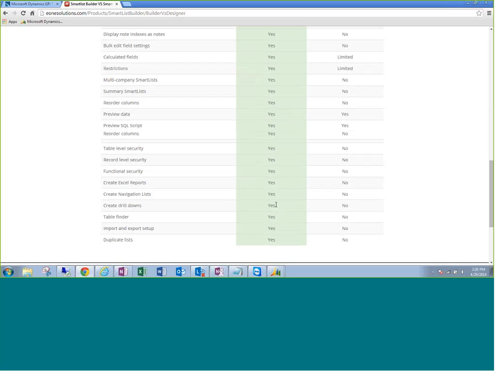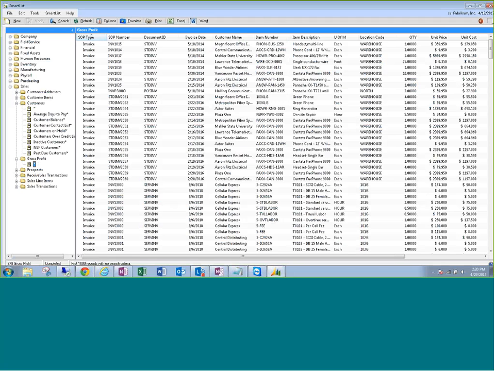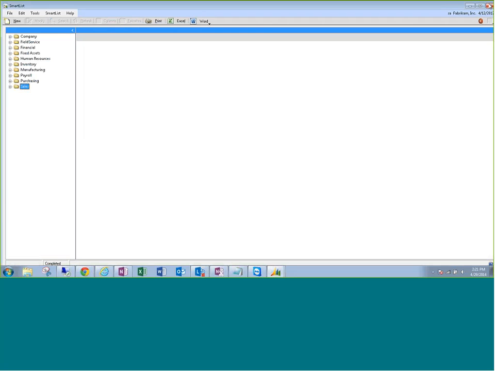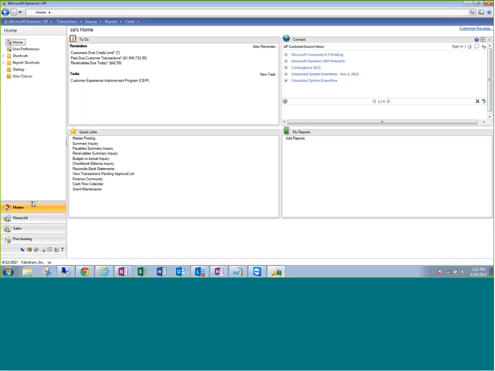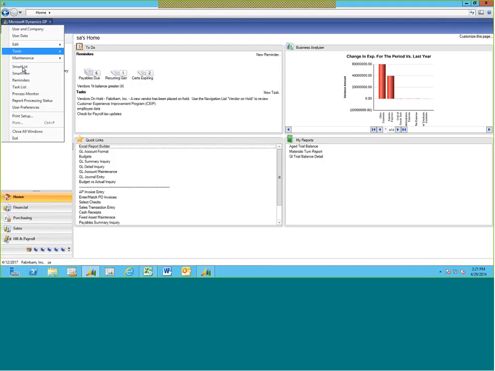Okay, so let's see here. What else do we want to take a look at? So that's the SmartList Designer. Now let's go take a look, and I'm going to move into a different environment where I've got my SmartList Builder application running. Let's take a look at some of the changes that E1 has made to SmartList Builder here. So what I'm going to do is pull up SmartList. Okay, so now that I've got my SmartList up, you'll notice here if I just pull up a gross profit